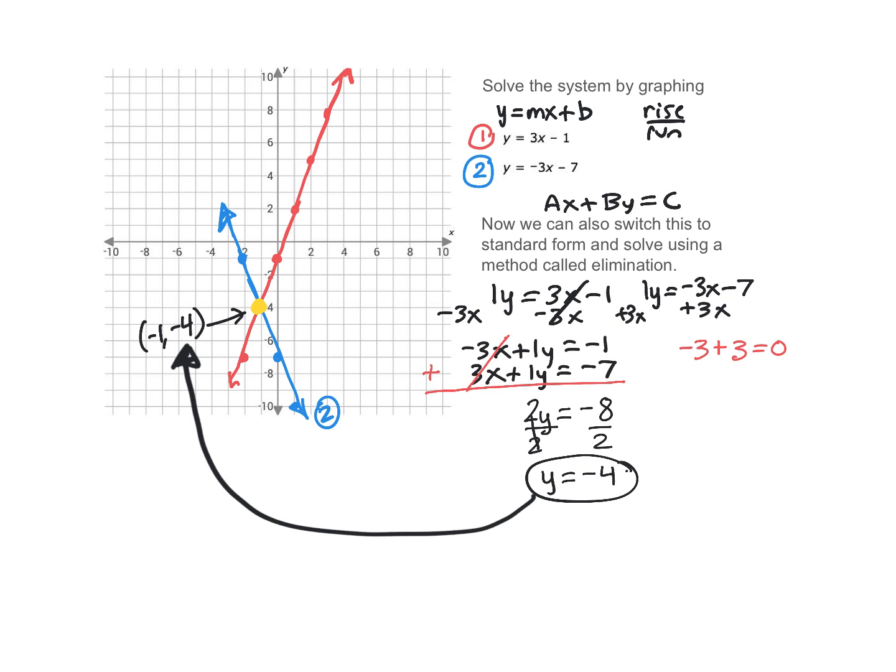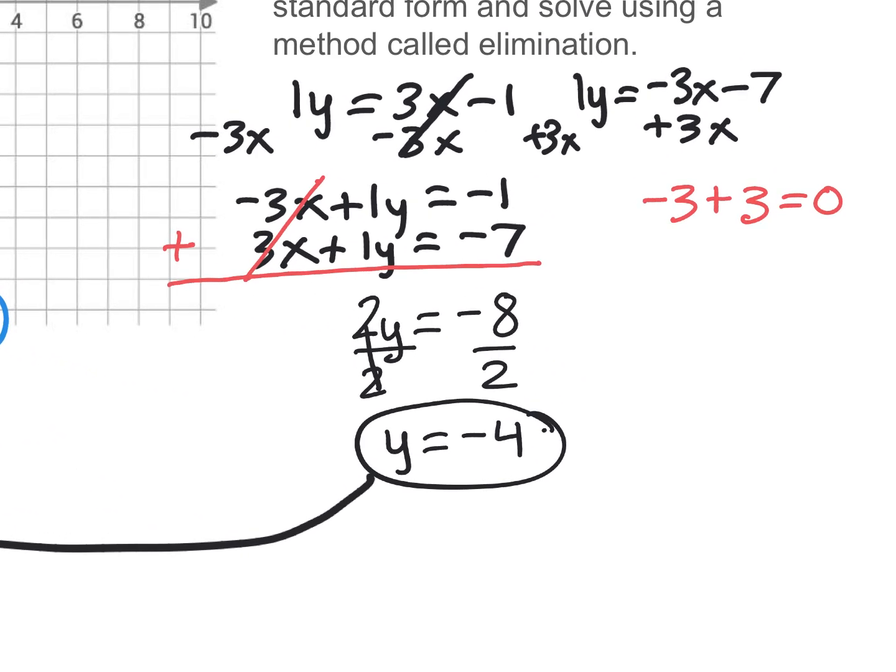So you might ask, well, how will I find out what x is then? I know y is -4, and we're pretending that we never saw those equations at the top. We're only going to look at the ones we started with that we eliminated from. And what you would do to find your x value is you pick either equation and you plug your y value in. So I'm going to pick the second one just because it has a positive 3x. I don't know why, but it doesn't matter. I can pick either one, and I would write that equation down,